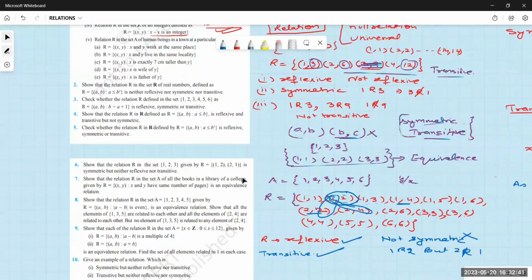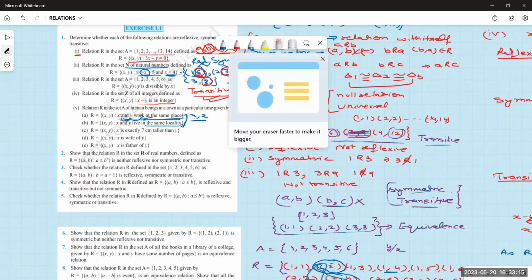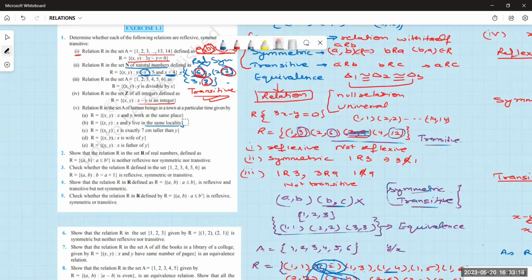अभी आपको ये कुछ questions देखना। X and Y work in the same place. So reflexive में क्या होगा? X and X work in the same place, right? True ना? X अपने साथ ही काम करेगा ना। अगर X and Y work in the same place, Y and X also work in the same place. X and Y work in the same place, Y and Z work in the same place, so X will work in the same place as Z. तो ये दो questions same हो गए, locality वाला भी और same place वाला भी, right? तीनों हो गए ना, ये reflexive, symmetric, transitive, ये दोनों questions equivalent। हाँ, ये equivalence relation हो गया।